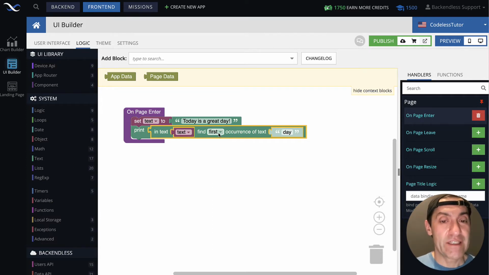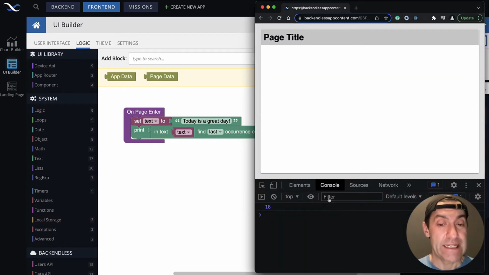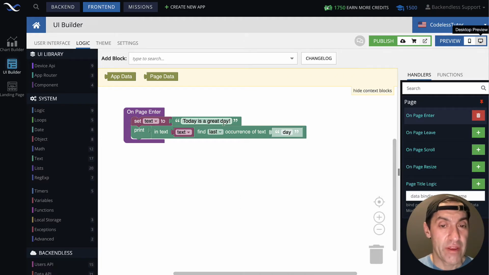Let's see what happens if we change this to last and rerun this logic. It prints out 18 for the reason that this word day right here, that letter D, has the index 18. In fact, it's going to be the 18th character in this string.